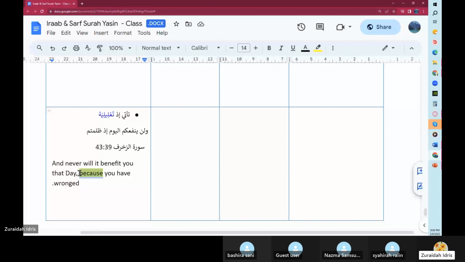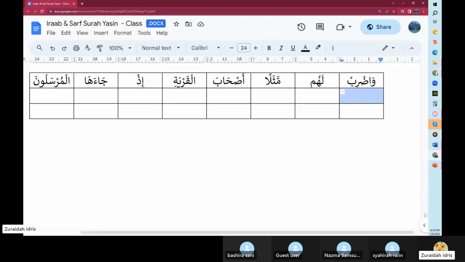So here we have, I'm going to summarize to help you along. And you look at it and see how you want to translate this sentence. And then I'll ask somebody to do this, but all should think about this. So wadrib is, of course, the waw is an 'atf, yes, with the meaning of isti'nafiyyah, because it's starting a new sentence. It's talking about this new town. Yeah, so this is actually an amr. Yes, we saw that this is an amr, a command. Okay. This is a command.